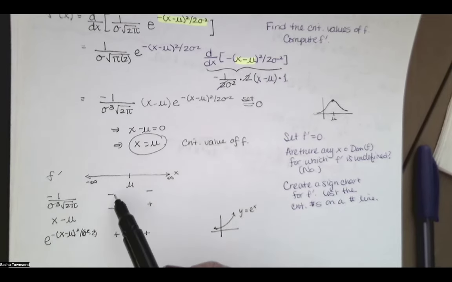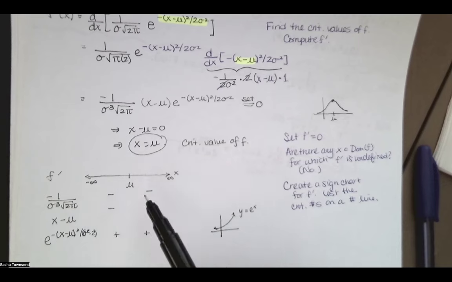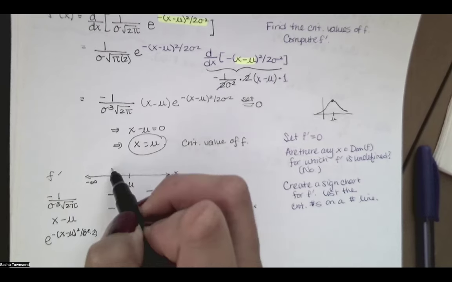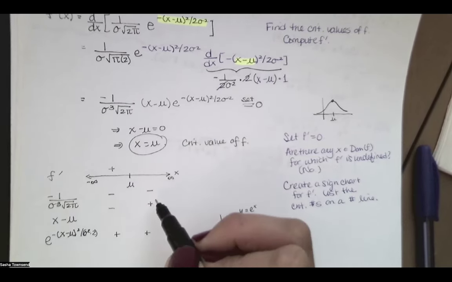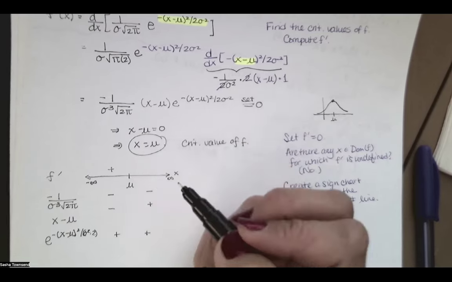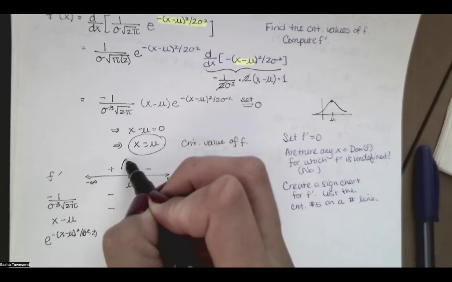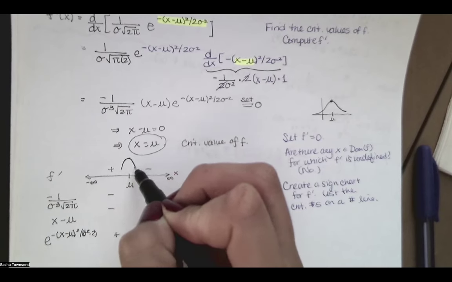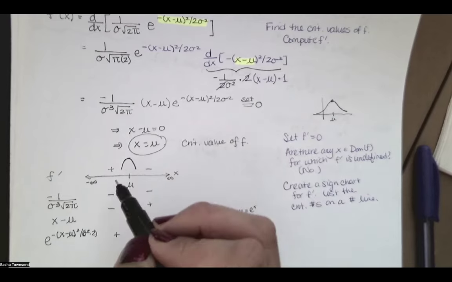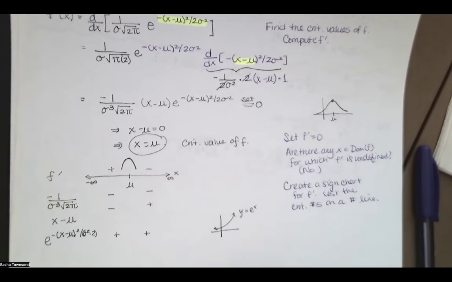Now f prime is this times this times this. So on this interval, it's a negative times a positive, which makes it positive. And then f prime is a negative times a positive, which is negative. So the function goes from increasing to having a 0 slope to decreasing. So by the first derivative test, our function has a relative maximum